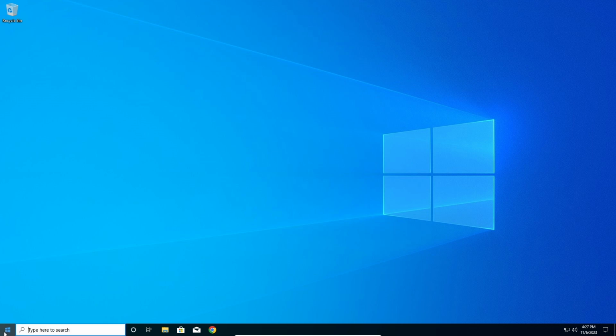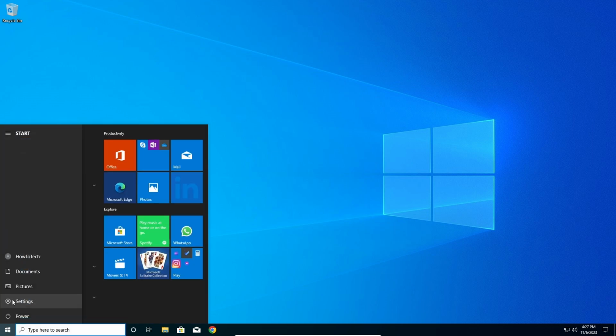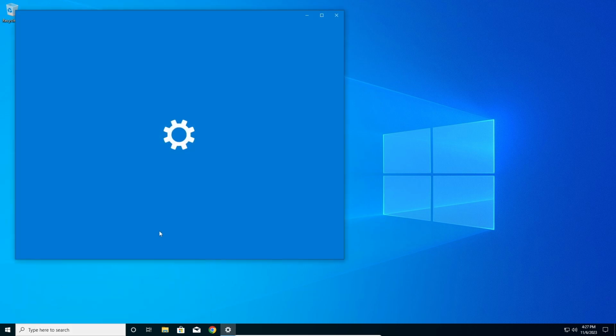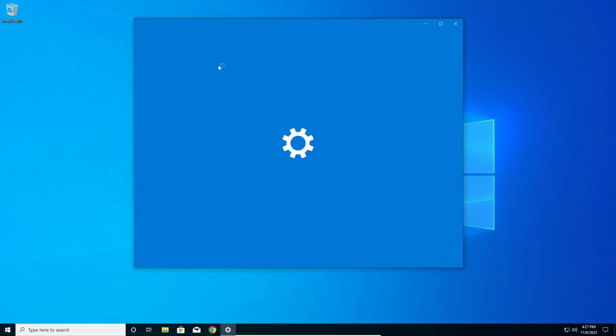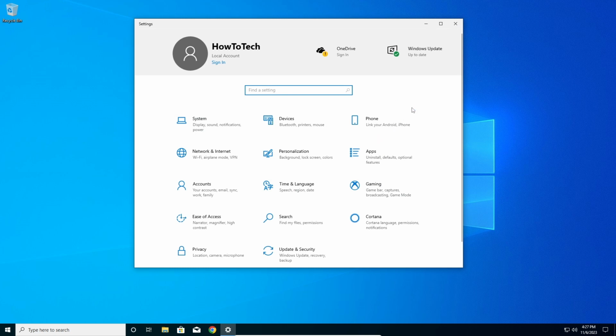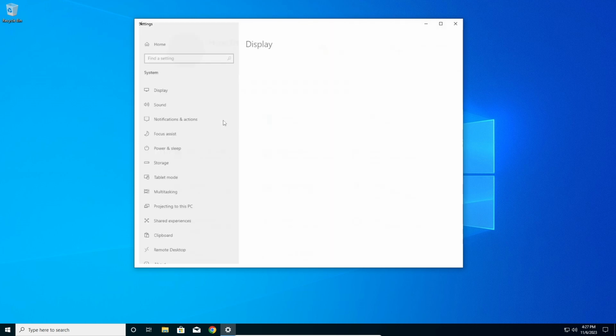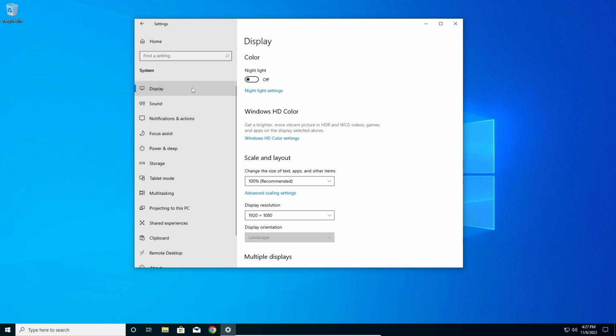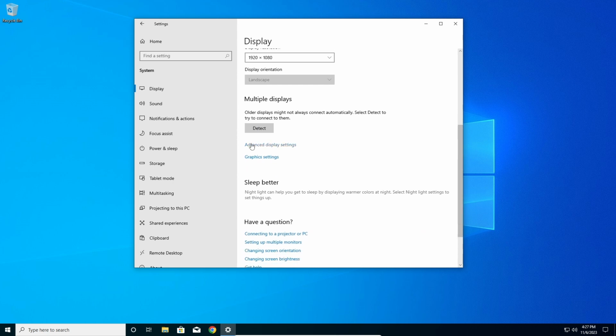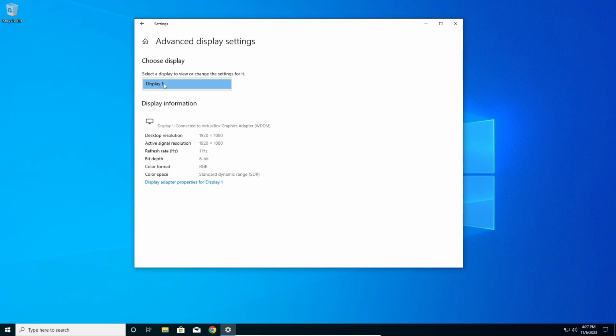Let's go to Start and then click on this Settings gear icon. Once we're here, you go to System and then go here to Display. Then we're gonna scroll down and go here on Advanced display settings, and then here make sure you have selected the display that you want. Go to Display adapter properties for Display 1,